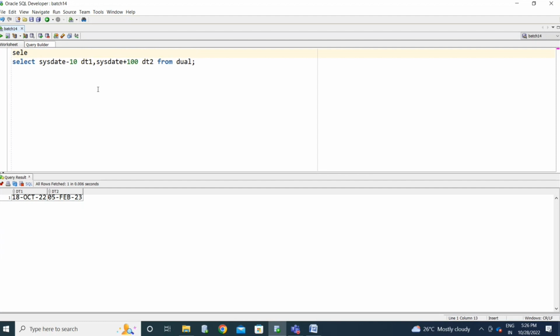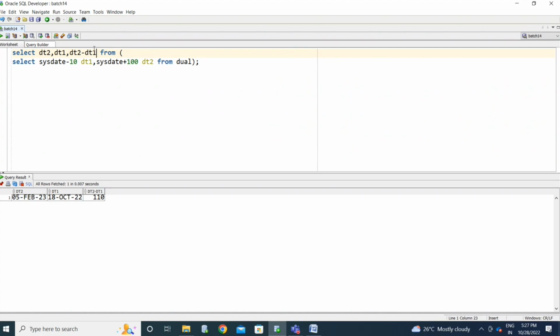So select star from this, making it an inline view, because I cannot use these columns directly, to simplify our work. So I'm making D2 minus D1, subtracting D1 from D2. Now the difference is 110 days.